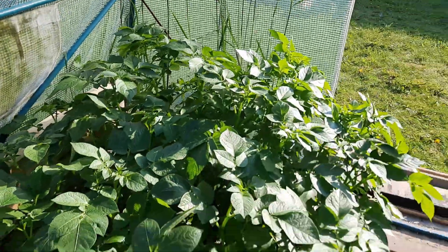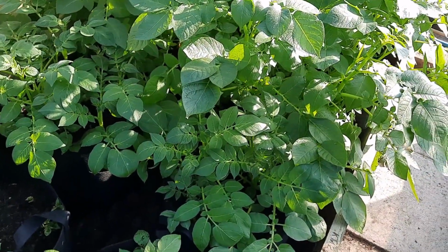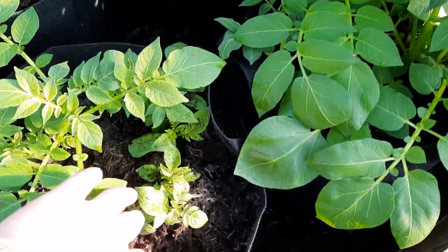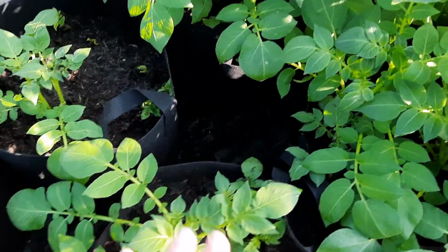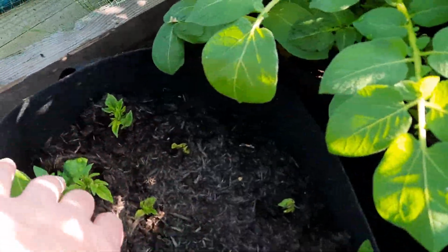Massive growth on those, really pleased with those. And these other buckets are coming along. I banked those up again last weekend, and they're all popping through now quite happily, and they'll just sit now. I'll not bank these up, but look at how many